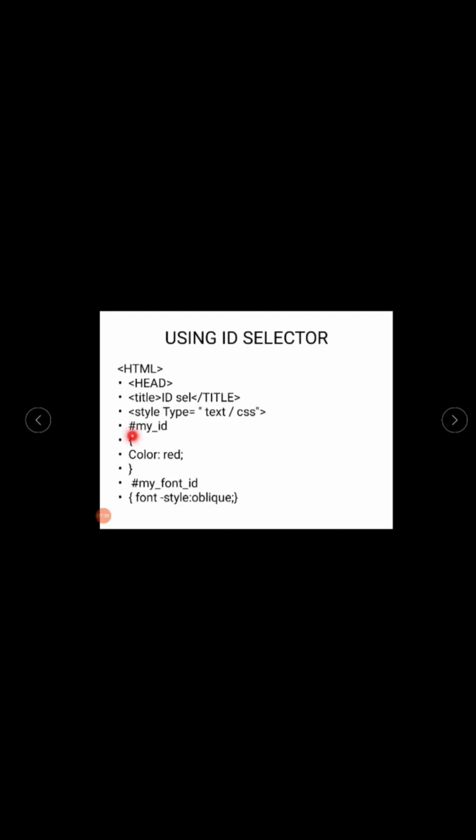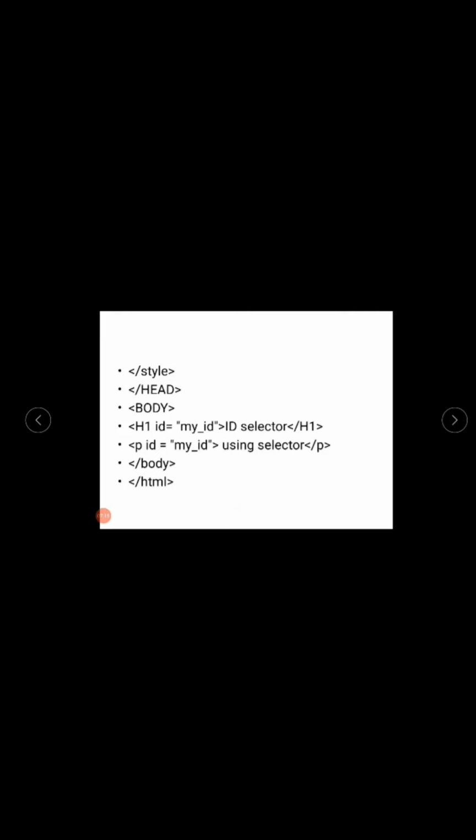For ID you will use this hash sign and give the name to it, and then the color red, and wherever you want to use it, you can declare it like this and use it. So these are the different types of selectors that you can use.